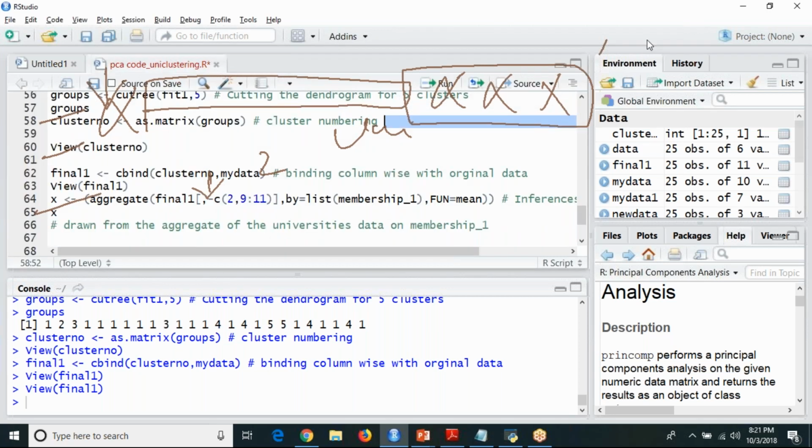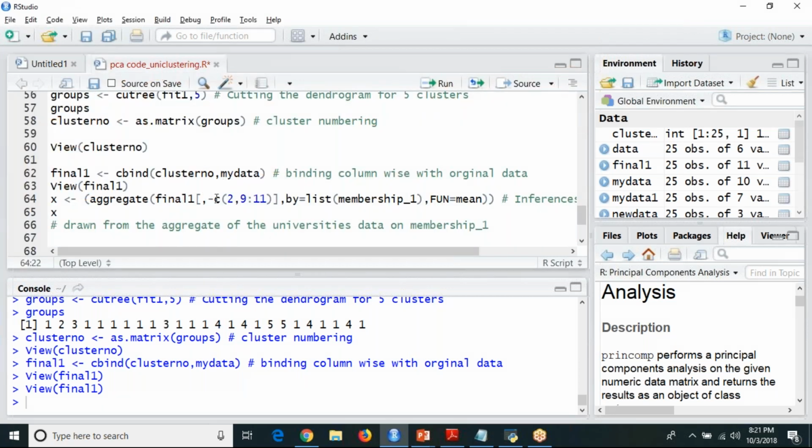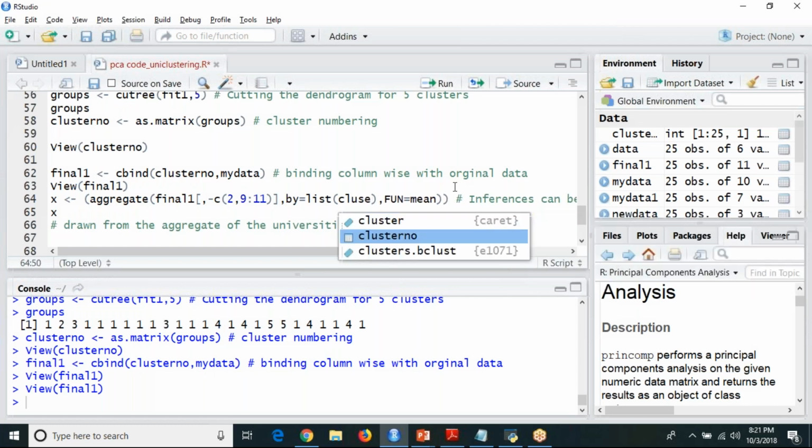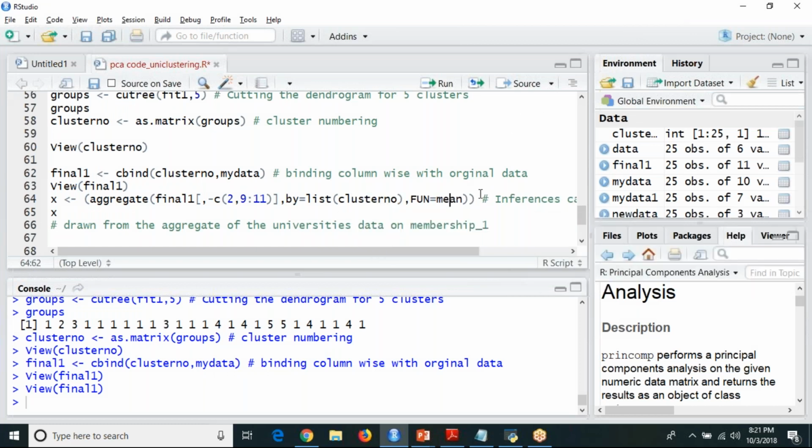See here, final one minus C, second column, 9th column, 10th column, 11th column. Do the grouping based on your, here I should change it to cluster number because I don't have membership underscore 1. Here I'm having cluster number, so I need to pass that. And based on your mean, means average.